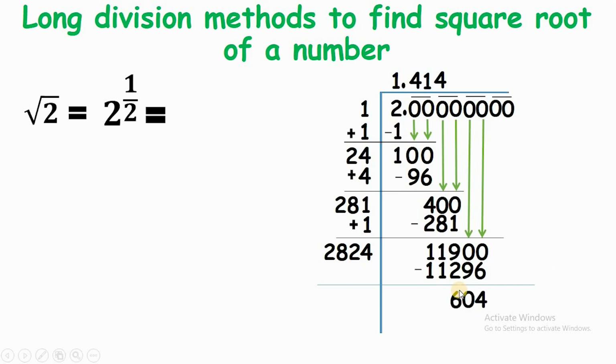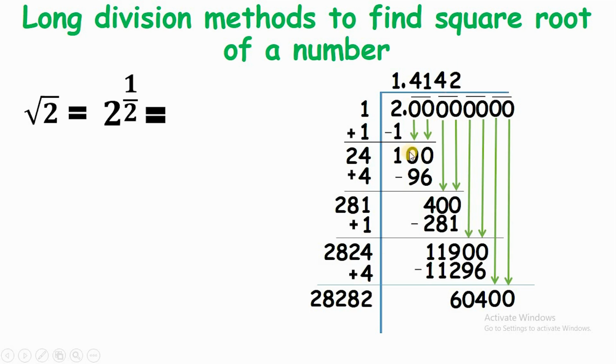And you'll get 604. So let's take down 2 more zeros, and now here you have to add 4 since there's a 4 in the unit place, so you have to add 4 over here. So when you add it, you'll get 2828. Again you have to find a suitable number over here. So if I take 2, here also you have to write 2, and then you multiply it, you will get